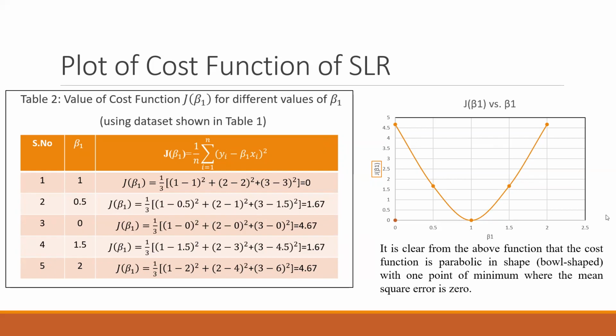This is a way that we can plot the function between this beta 1 and the cost function J(beta 1). And that has shown us that depending on different values of beta 1, the cost function is coming out to be bowl shaped. In this case, this is a parabolic function. So moving from here,